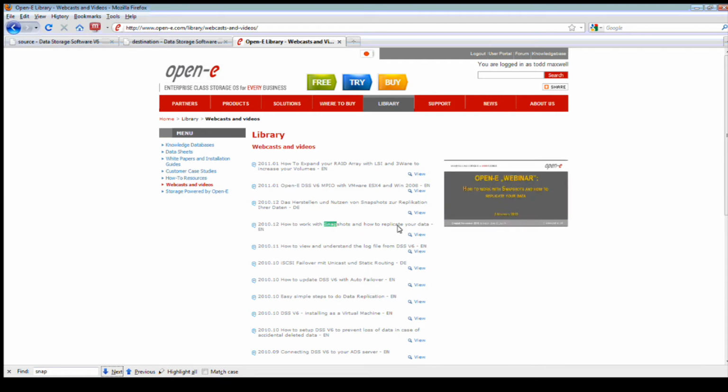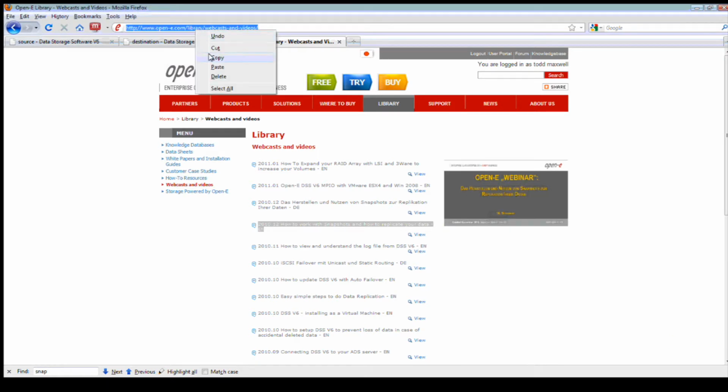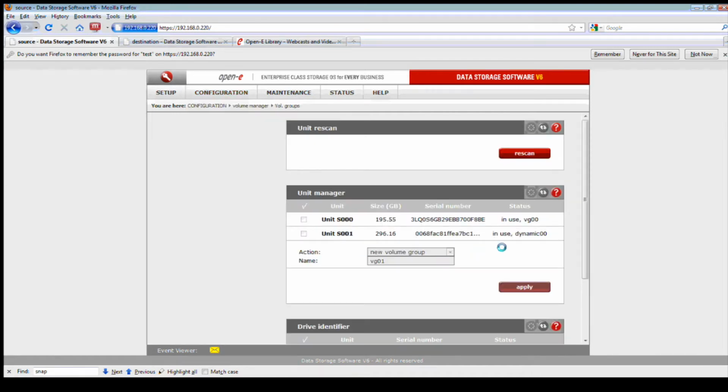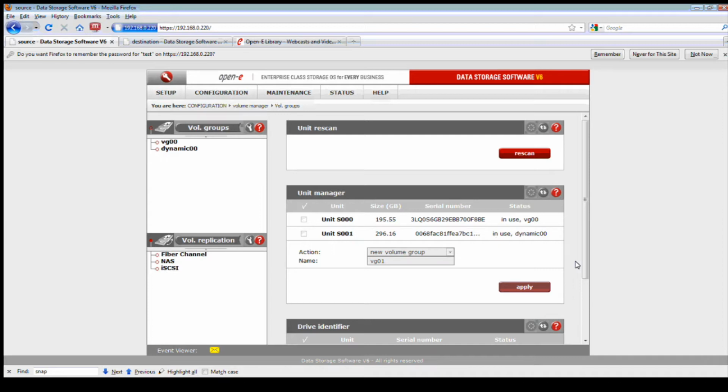We have a lot of documentation on snapshot. It's on our website. If you look here in our libraries, and I keep going back to this for a lot of people, the how-to resources. And here you have snapshots, and you can see how snapshots work. We also have in the libraries the webcasts and videos, and again, this one will also be posted. You look for snapshot, how to use snapshot, and I think it's right in here somewhere. Let's take a look at where it's at and then get back to showing the backup. And then, of course, we'll troubleshoot on the last piece, which will be for the NAS replication.